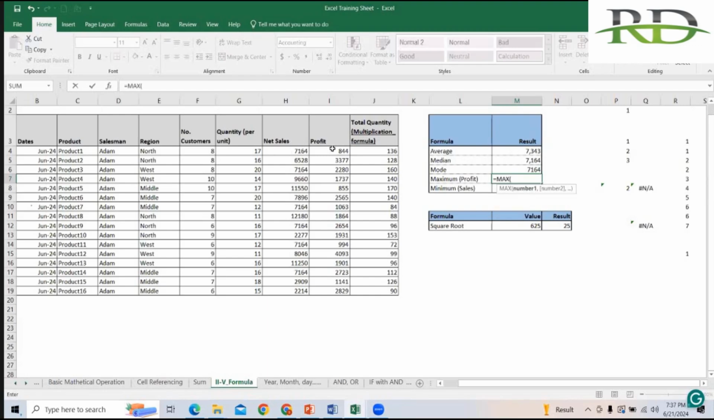So if you want to find out the maximum profit in a particular month, just go to the cell, select the range and hit enter key. So the maximum profit is 4,923 in June month. So if you want to find out the minimum sales,